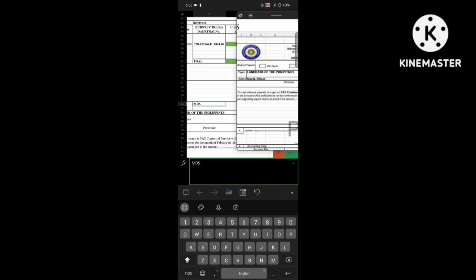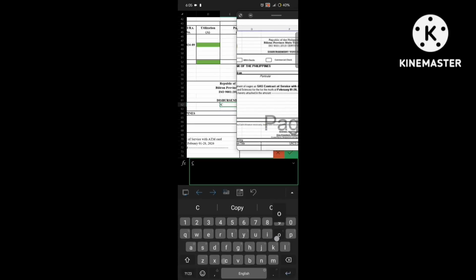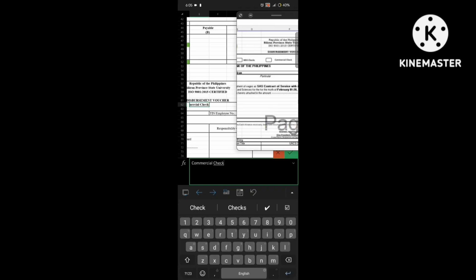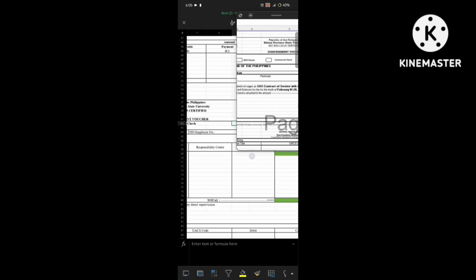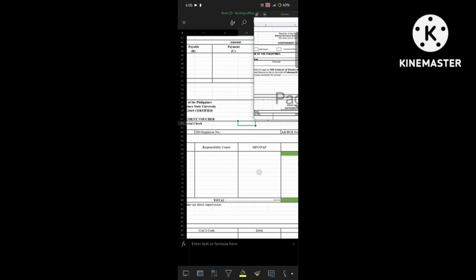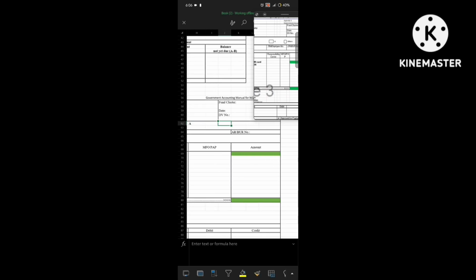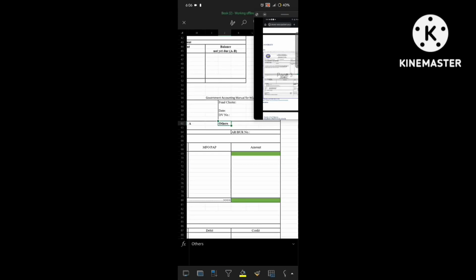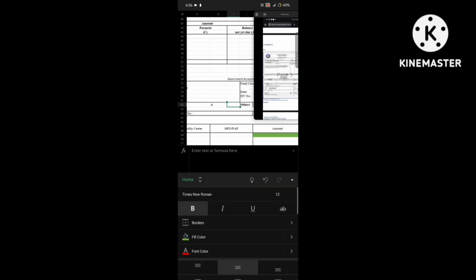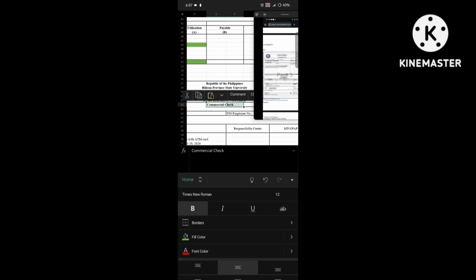So in page 3, we have here the same logo, which is the BIPSU. Then beside it is the font cluster. Then in this part, all the data is now different from pages 1 and 2.